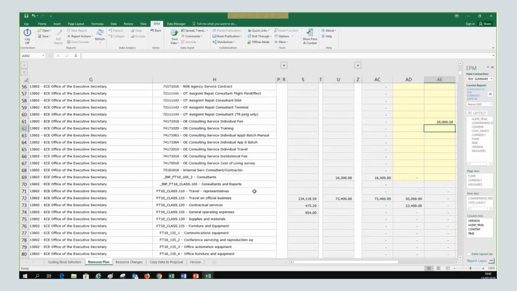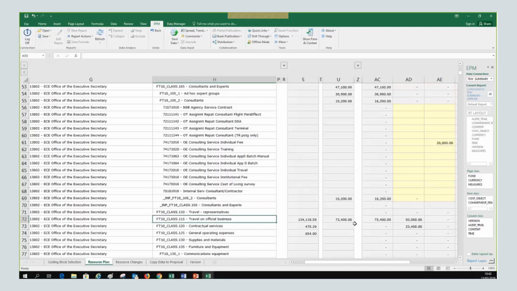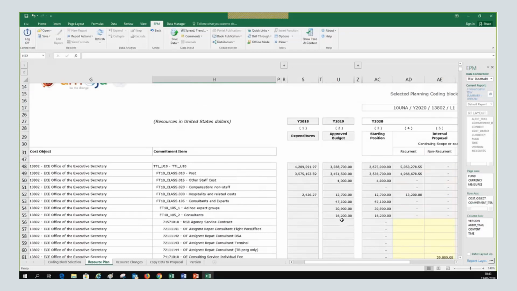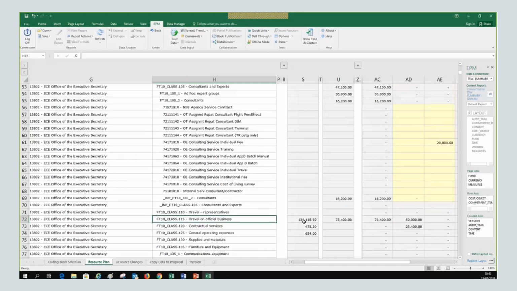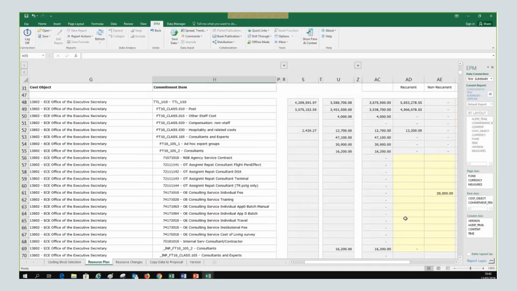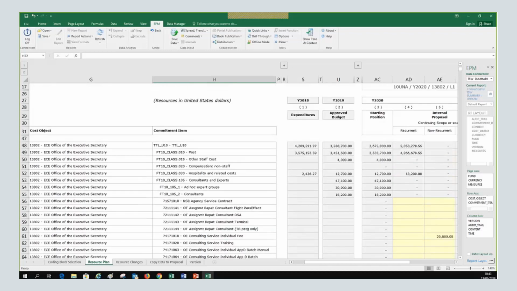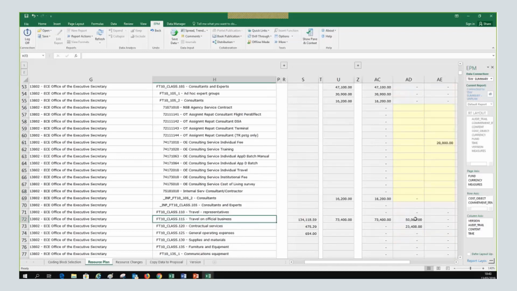Right now, it appears in the system there is, for official travel and official business, 73,000. Coming from 2018 there was 134,000. And then there is a proposal already in the system, probably because this is a training environment, of 50,000.